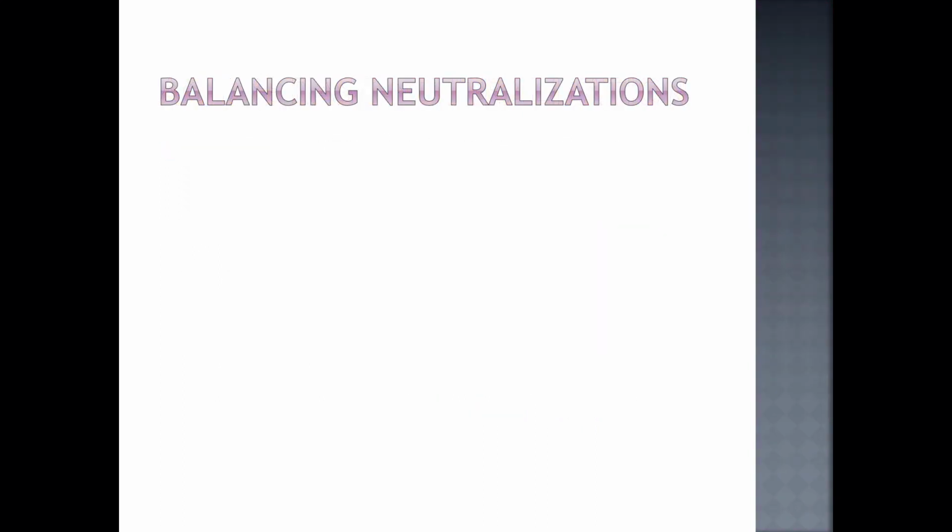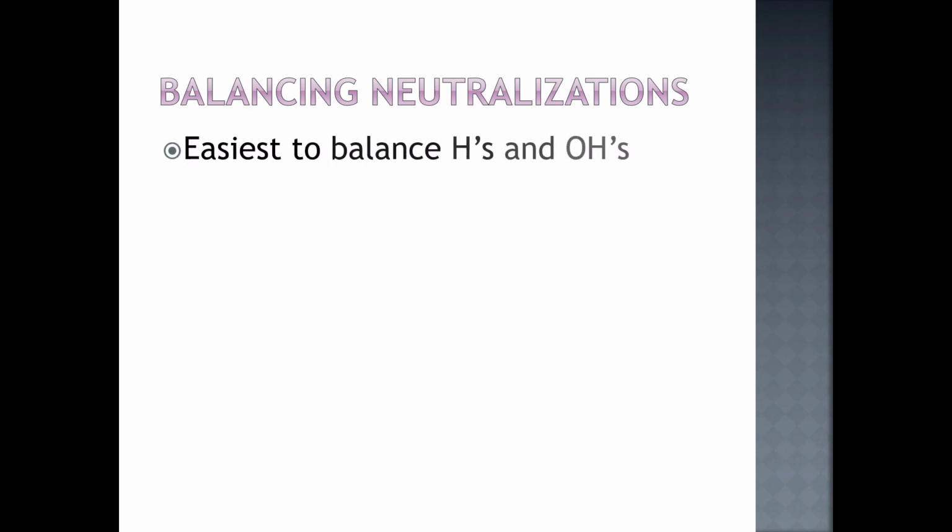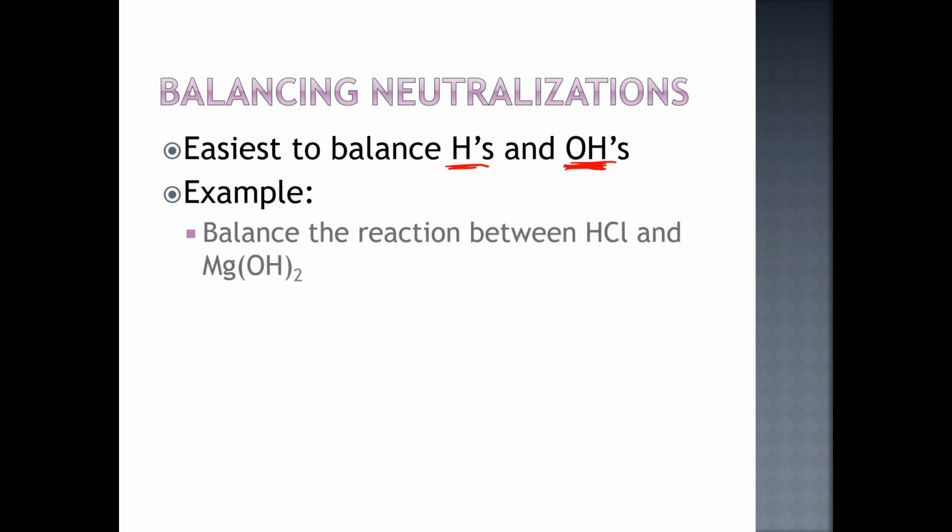Now, when you're balancing neutralizations, if you noticed how I wrote my water as HOH, that's because it's generally easier to work with OH groups as opposed to individual oxygens and hydrogens. This way you can balance H's and then balance OH's on the other side. Okay? It works a lot easier that way. So here's an example. It's slightly more complicated than the other one because we're dealing with magnesium hydroxide. So if I write out my reaction, HCl plus